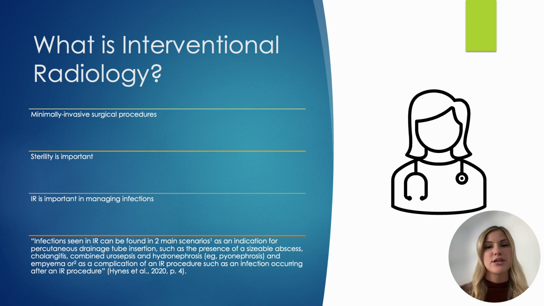Additionally, when people have GI issues such as bleeds or liver cancers, and other problems in abdominal areas, IR treats those issues using embolizing materials, which are bleed-stopping materials, or chemotherapy infusions that target tumors in the liver. Other procedures include abscess drain placements, nephrostomy tube placements, and much more. These procedures require sterility to prevent infections. Even a minor lapse in technique can create further complications in patients that will harm them instead of helping them